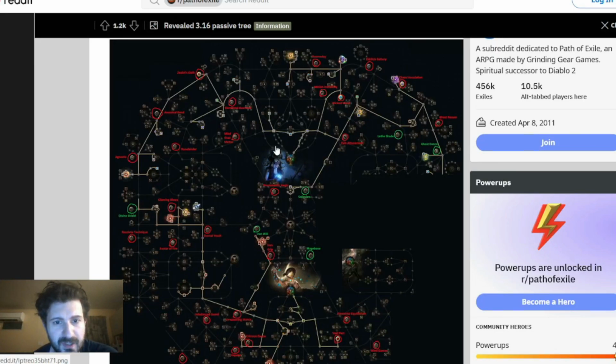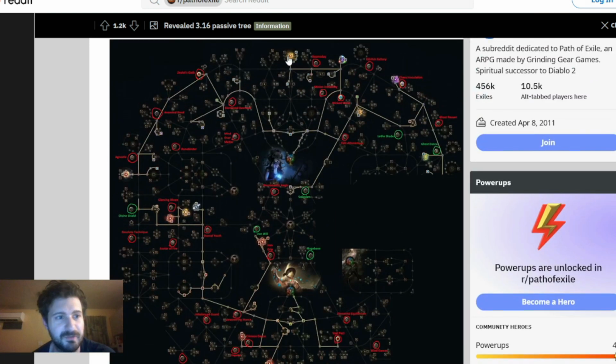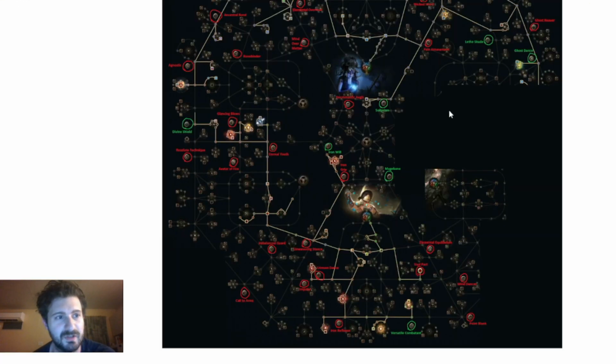So I was looking on Reddit and came across this thread here, reveal 3.16 passive tree. Some psycho actually threaded together the tree from the trailer. Now the JSON files actually come out, and I would assume that we'll have new POB updates in the next day or so. But anyway, I thought I'd talk my way through this, and to do this,